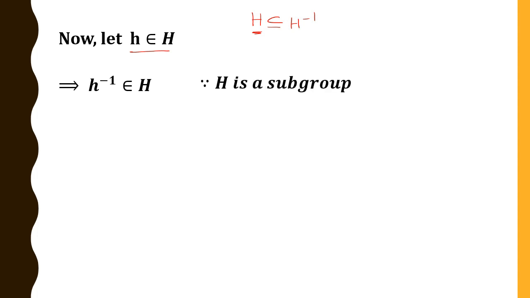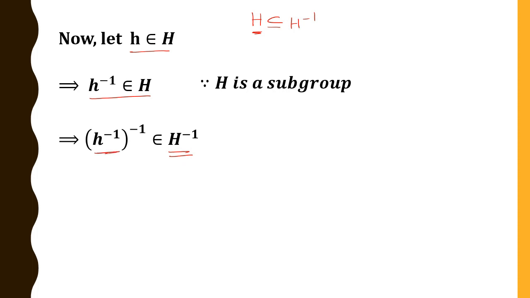Okay, now we shall prove H is a subset of H inverse. For that, we shall consider an element h in H. What are we proving? H is a subset of H inverse. For that, we are taking an element h in H. Since H is a subgroup, h inverse belongs to H. Now, where do we have its inverse? The inverse of h inverse belongs to H inverse because H inverse contains inverses of the elements of H. Therefore, h inverse whole inverse belongs to H inverse.